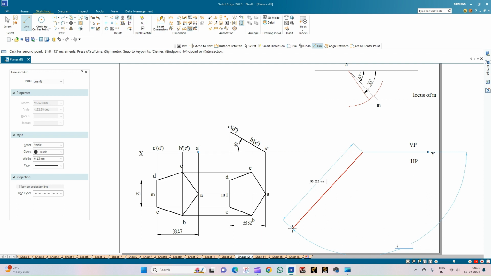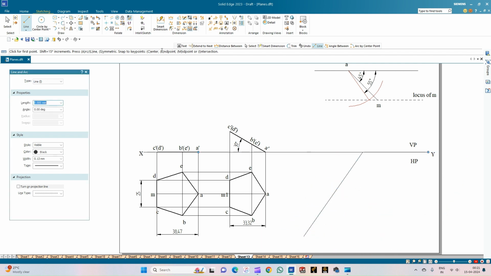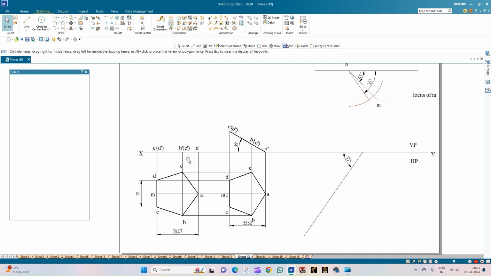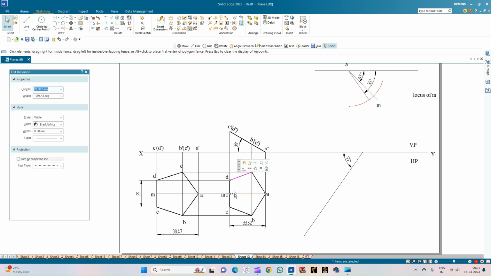So what I'll do here is 180 minus 180 plus 55. Okay, so this angle will be 55 obviously. So you can just measure the angle. So this is 55. And now we will select the second position of the pentagon and make it rigid first,